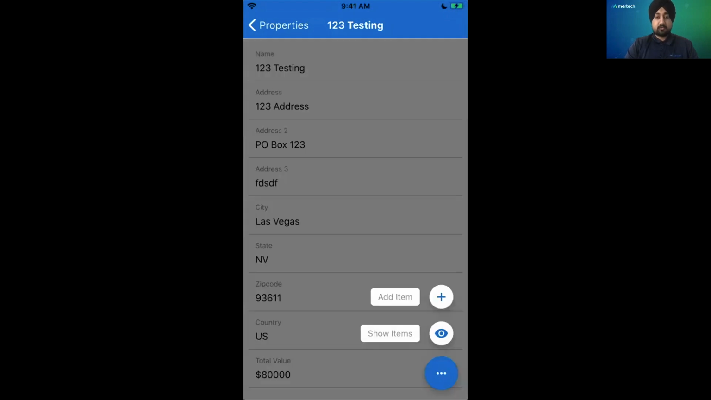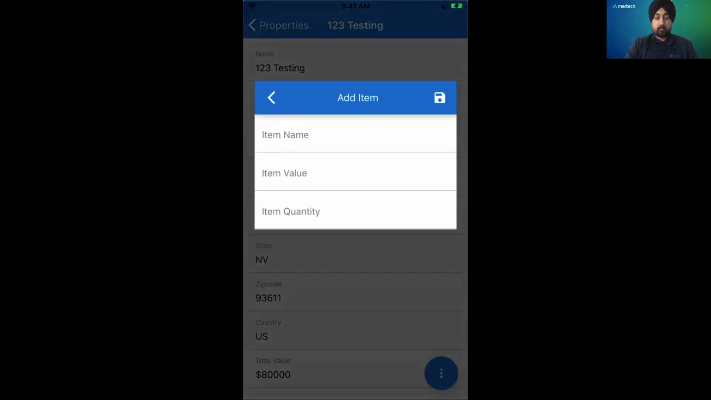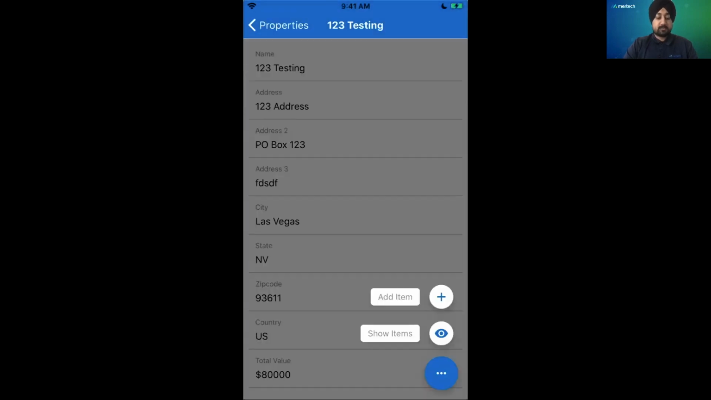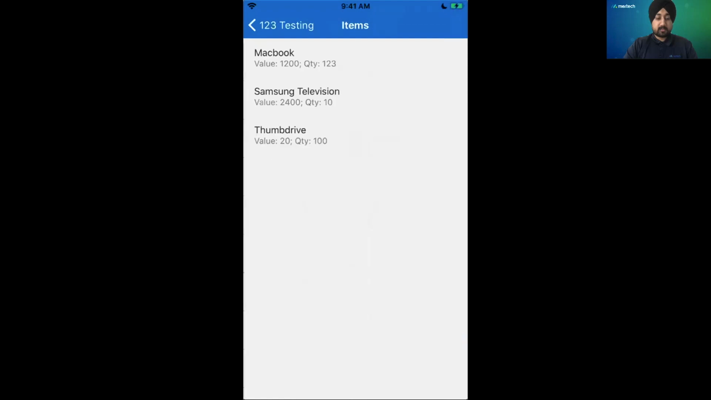Me clicking this will show me more options. Add item. So if I go ahead and click that, we see a modal that pops up. I can fill in the information, save it, and it'll get posted to this property. Additionally, we have this show item. So clicking that, you can see I swiped in to the new screen that shows me the items for this